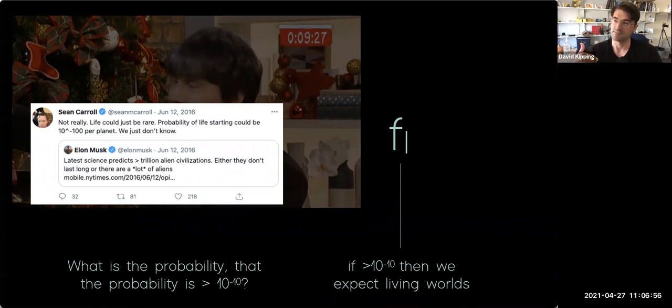So this is kind of not a popular opinion, and you might say, well, 10 to the minus 100 is fine-tuned. But in another way, having a number between 10 to the minus 10 and 0 is also just as fine-tuned as having a number between 10 to the minus 10 and 10 to the minus 100. In many ways, in a logarithmic sense, there's more space below than there is in that intermediate region. So there's no good argument as to why it can't be 10 to the minus 100.